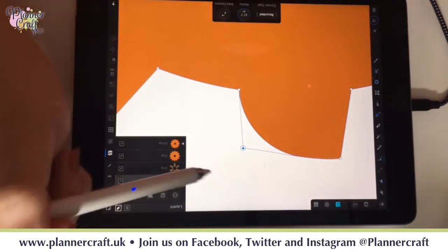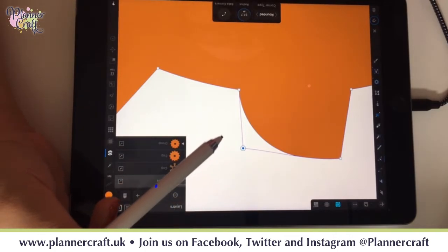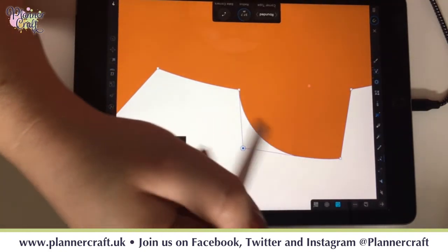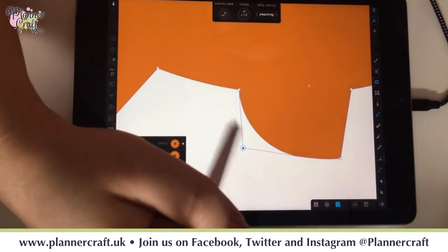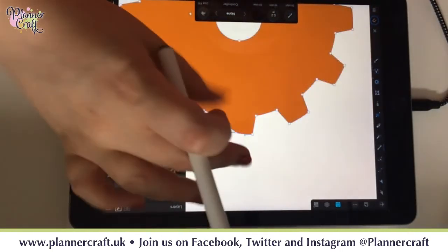What I would say is if when you go to export to SVG for Scan N Cut, make sure you go back to convert to curves before you save it, because otherwise you tend to lose things like your rounded corners. If I zoom back out,